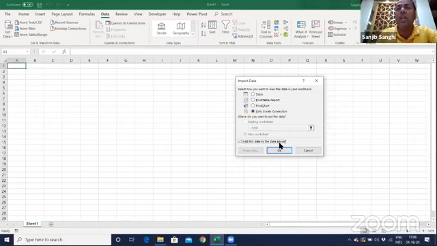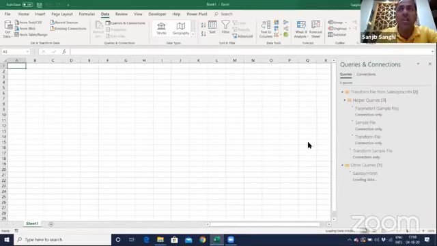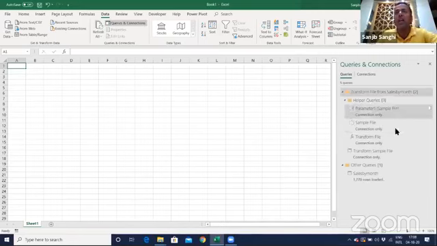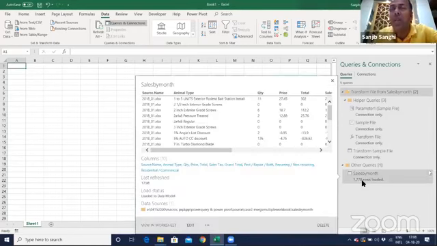So I will add this data to a data model, create connection and add this data, which means my data will not be loaded right into Excel, but it is creating connections over here. See on the right hand side, it is now working, and it has pulled 1770 rows of data for me, pulling all the data from all those 11 files, and it has created the connection for me, which is right now over here. Boom, done.